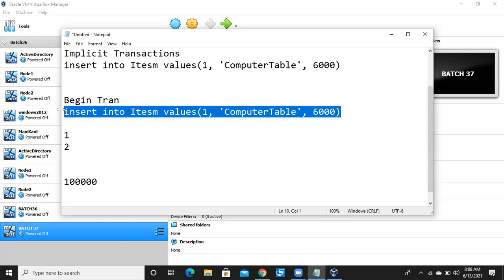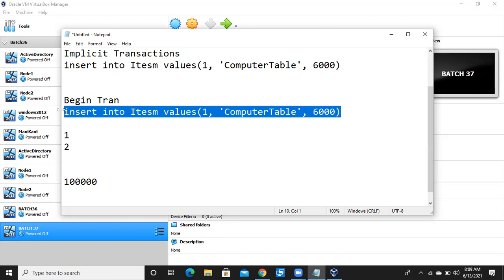So why should we have a log file? First of all, why should we have two files? Why can't we store the data in the data file? Why again should we have the log file? The answer is, imagine you're trying to send 10,000 rupees to me. What should be the outcome of this transaction? You're sending money to me. Either it should be successful or it should fail.